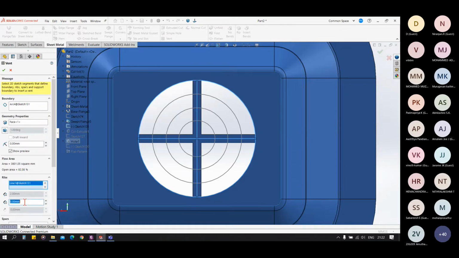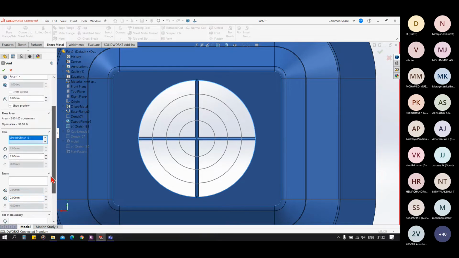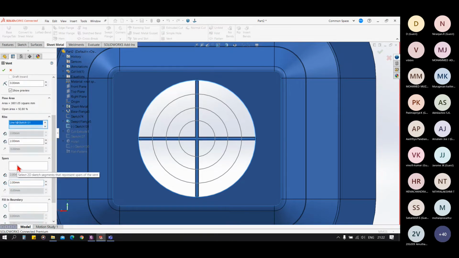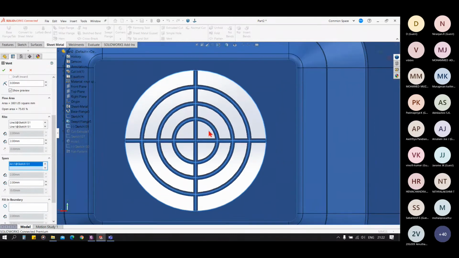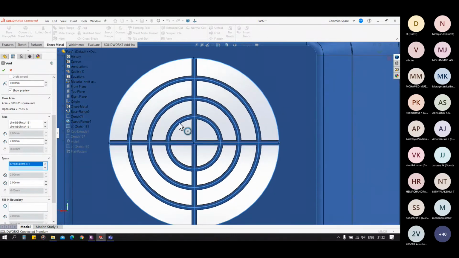We can change the thickness of the ribs. Okay, and now for the spars, we can select the inner circles like this. And suppose we want to fill all the material in this inner circle, so for that we have to select this inner circle as a fill-in boundary, so it will fill all the material.